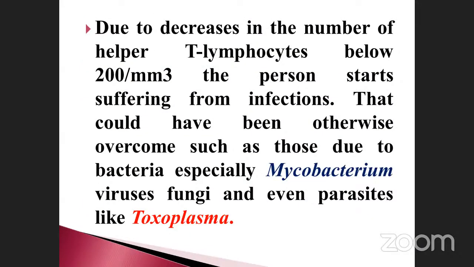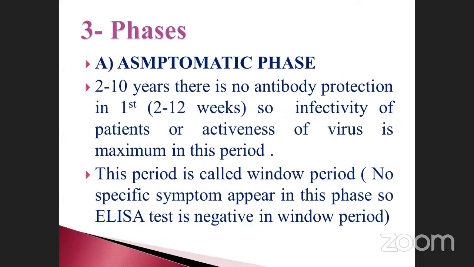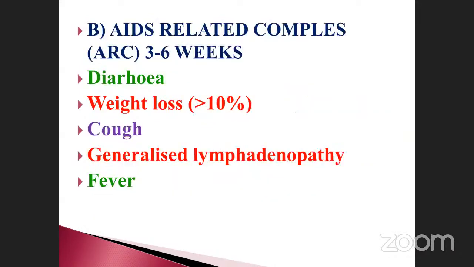Okay. And then what are the phases? There are 3 phases we already discussed. One is called asymptomatic. Asymptomatic means 90% of people suffer with no symptoms, but at the same time, the person is infected with HIV. They may go for a screening test, and when they go for the screening test, they will get a negative result only. This is also another thing.